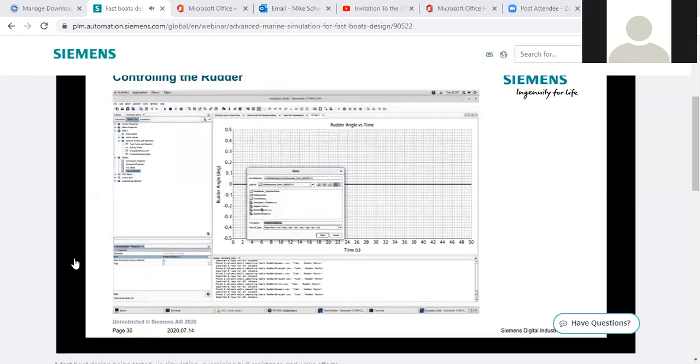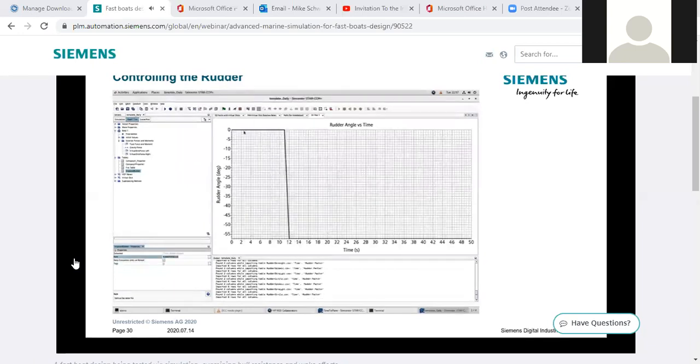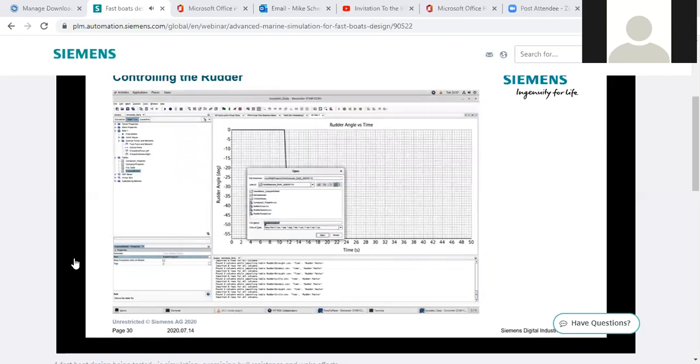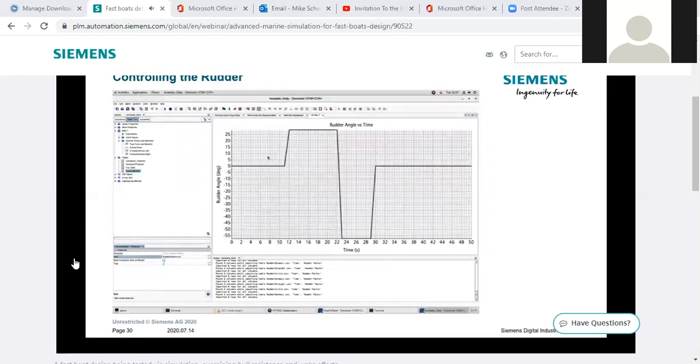But if we want to do something like a circle maneuver, you run it straight and then you press it hard over and you leave it hard over. And that's the motion of a rudder that would produce a circle maneuver. Or if you want to do something dynamic or crazy, you can do, okay, let's go to starboard, let's go to port, and then we can initiate any type of motion using this rudder input that you want. So it's pretty easy. You can just swap out these CSV files or tables,